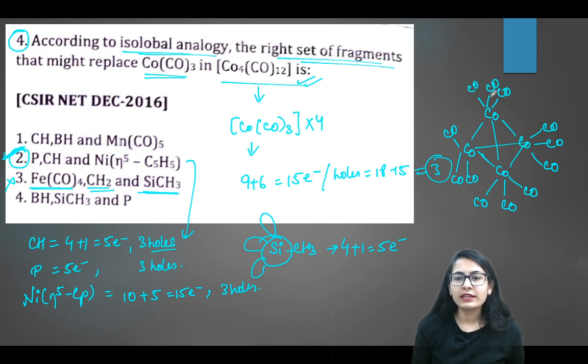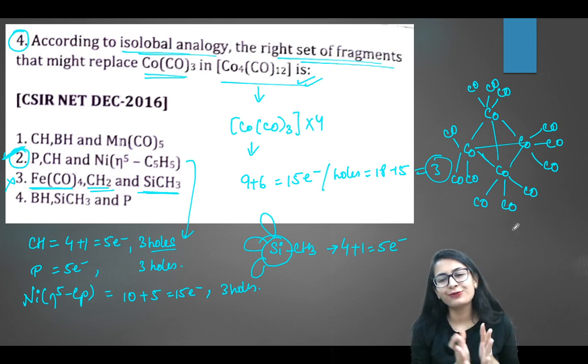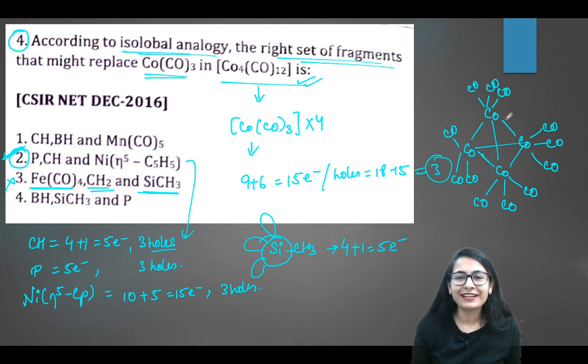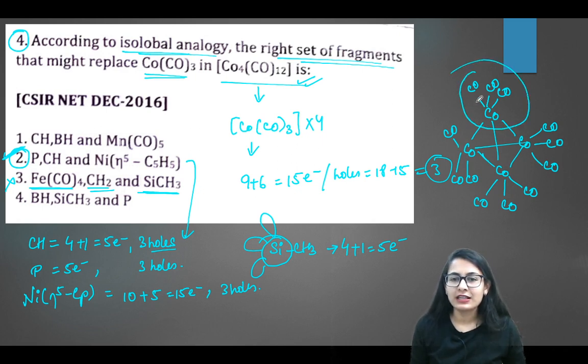Okay, so in this structure, if you want to check, every cobalt atom is going to follow the 18 electron rule. So it is a correct structure, just that from the IR frequency value we have the carbonyl bridging. Okay, so yes, if this is a possible structure, then we can replace one of the fragments of CO, carbonyl whole thrice, with either a CH, which means that I can write a structure like this. Let's say CH